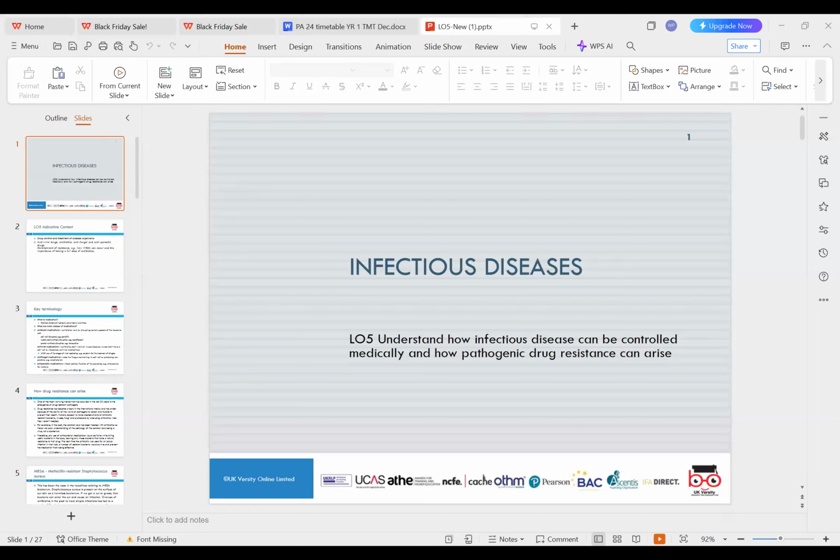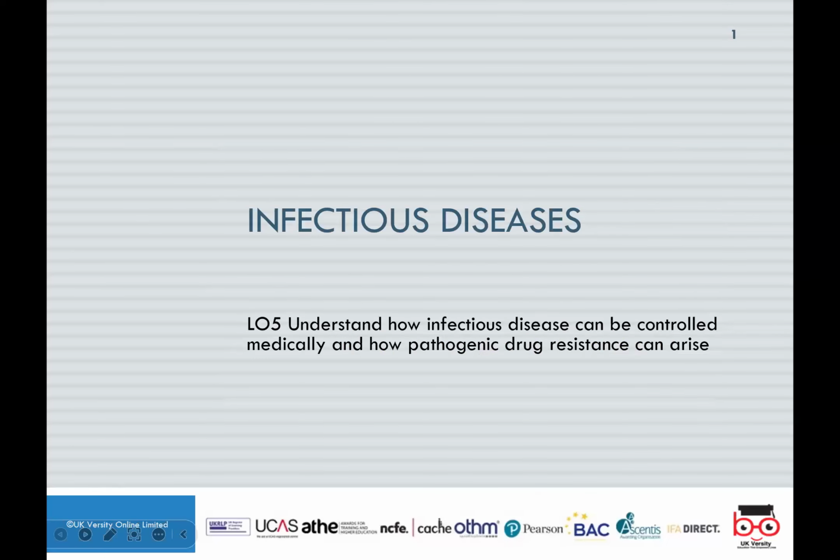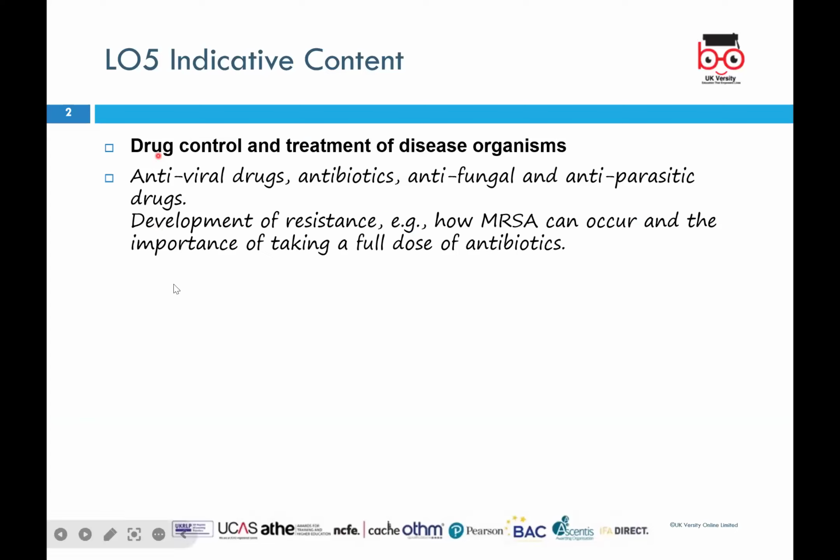Now we'll talk about the last learning outcome, which is understanding how infectious agents can be controlled, how diseases can be controlled. I hope you can see my screen. Again, please have a look at these recordings. Please go back. If you don't understand anything, please come back to me tomorrow. As the video said to you, there are certain drugs. Our immune system works against certain organisms, but if it can't, there are certain drugs to work against